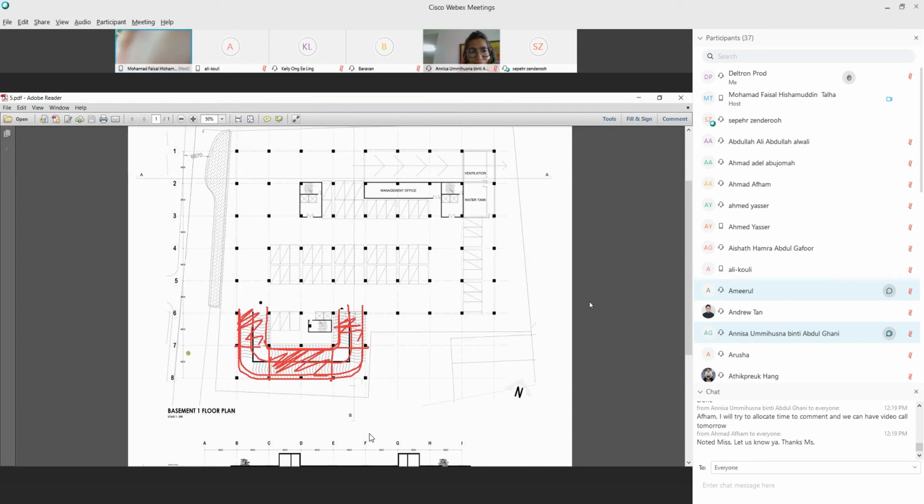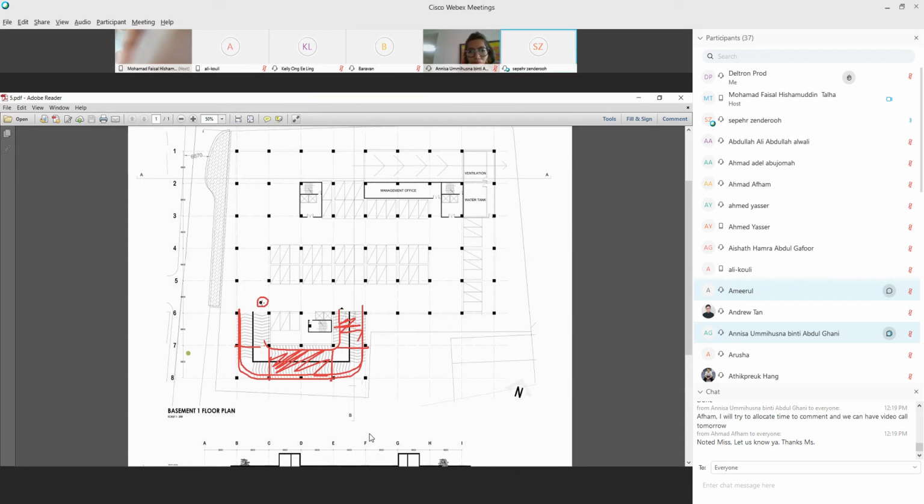What's this? This dot here, what is it? This is the start point for my arrow.